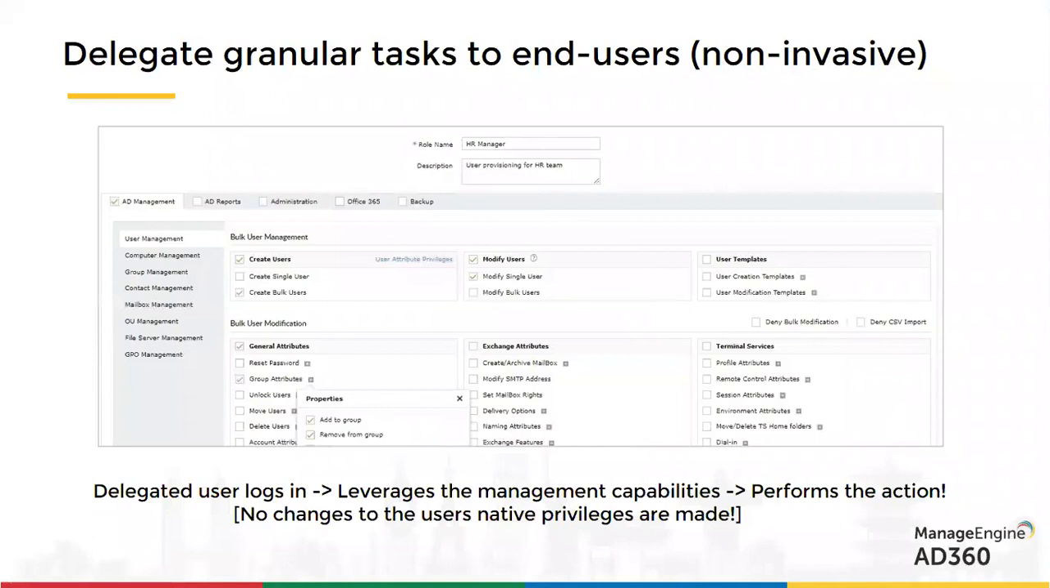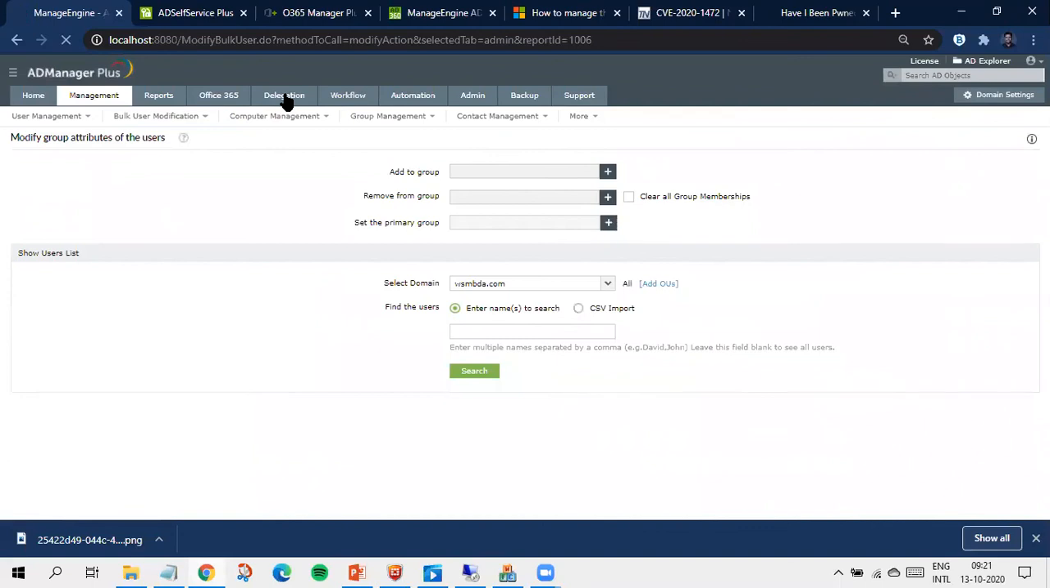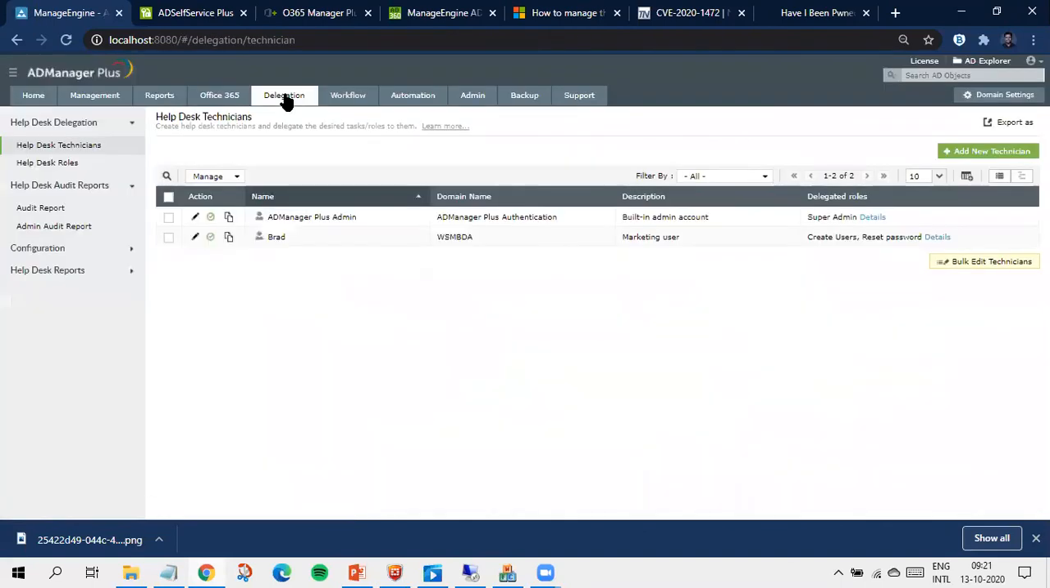With AD 360, you can delegate tasks to your end users in a secure manner, right? So as you can see, I have my HR manager right here, and I've delegated my HR manager certain roles, like let's say creating users, modifying the group memberships, and we could delegate certain roles in Office 365 right here. And the best part is all the roles, all the delegation that happens within AD 360 is always